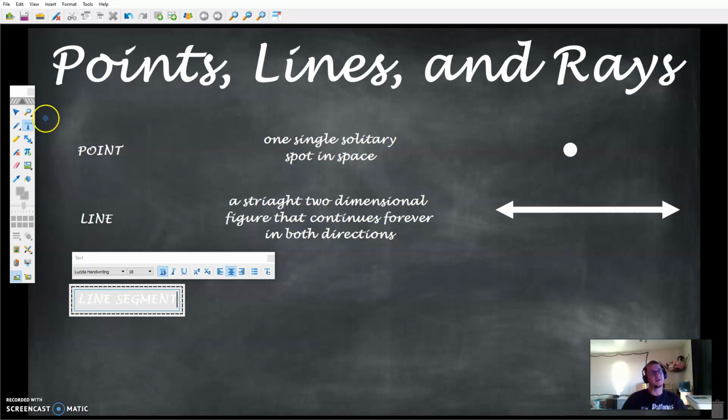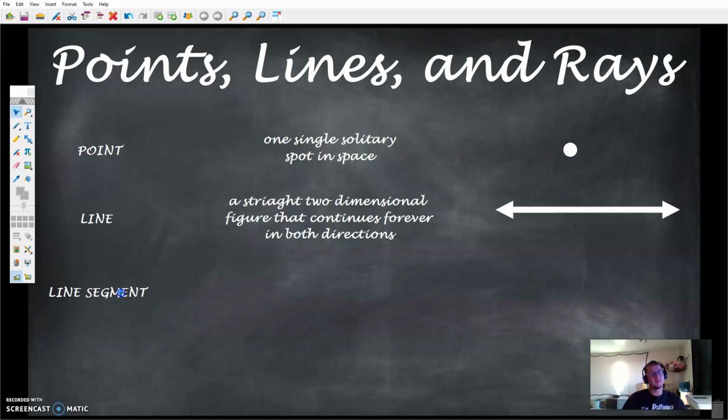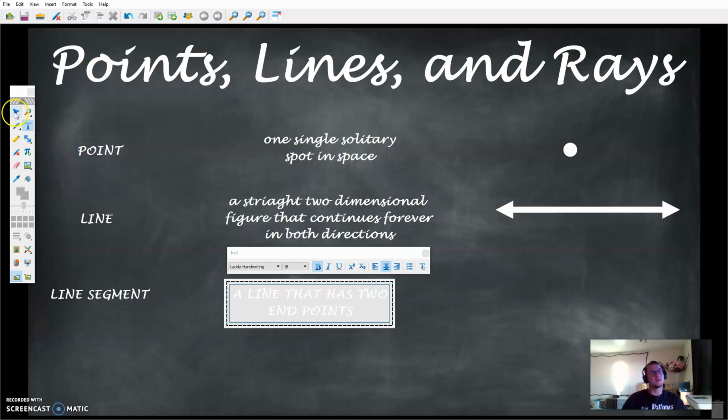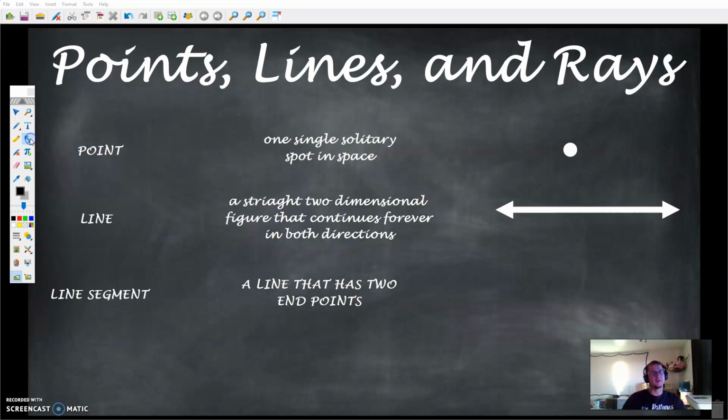Okay? There's two more. Now it says points, lines, and rays, but I'm going to throw another one here at you. Line segment. Okay, so it's still a line. What do you think? A line segment is going to be a line that has two endpoints. Okay, so we're going to be very specific with this. If you go back to my little drawing tools here, we're going to do one without arrows because it has to end. Oh, I forgot to change the color again. How dare I? Okay, so we're going to do one without ends, but I also want to give it a little pizzazz and go tink, tink, so that I actually give it those two endpoints. Those two endpoints are what make it a line segment as opposed to a line, or the last one we're going to be talking about here,